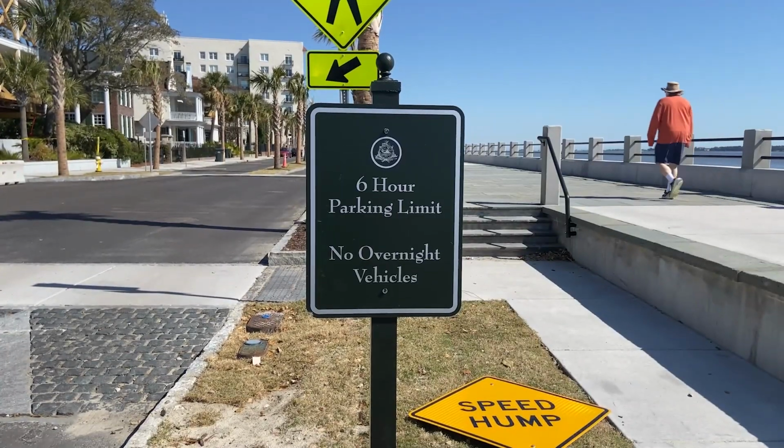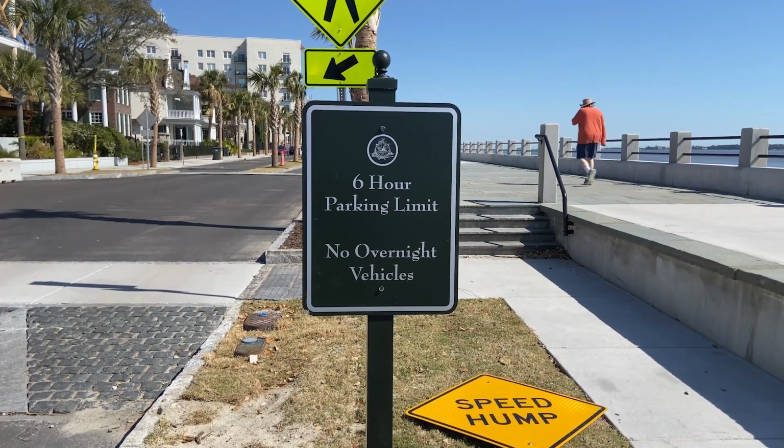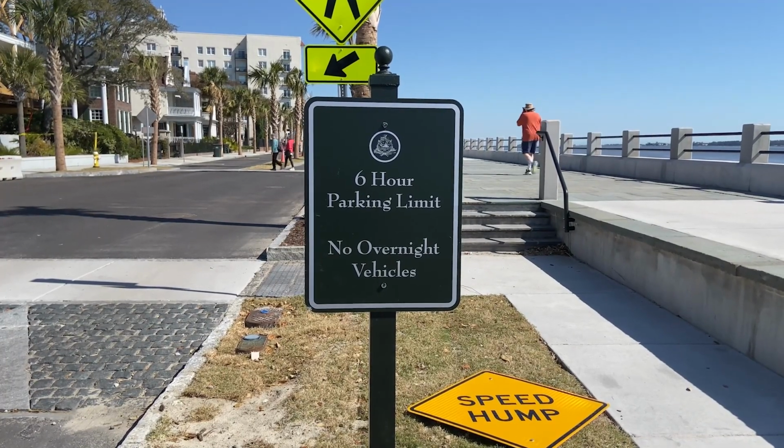So if you do take advantage of the free parking along the Battery, there are some limits: 6-hour parking limit and no overnight vehicles. The street names in downtown Charleston, many of them are pronounced a little bit differently than